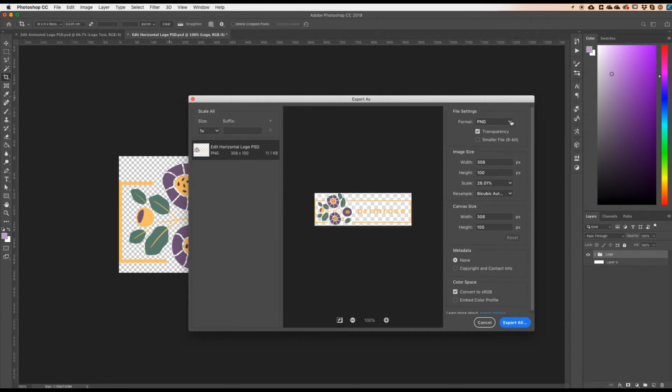Here I can choose my file type, and I recommend you to use PNG because that keeps the transparency, or use SVG because that keeps it vector graphic. I use PNG for now, and you can define the image size. So here the height is 100 pixels, which is great because this is a great size for website headers. But of course I can change it to be bigger